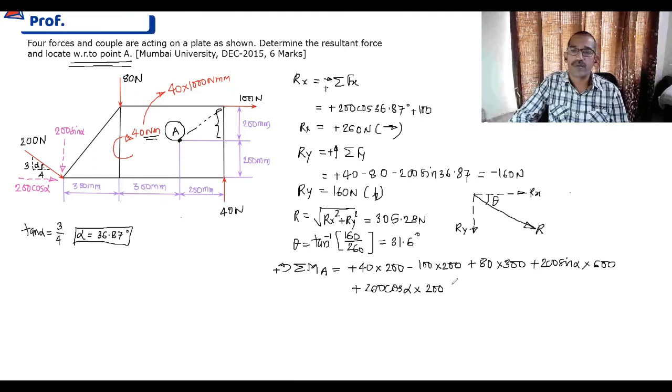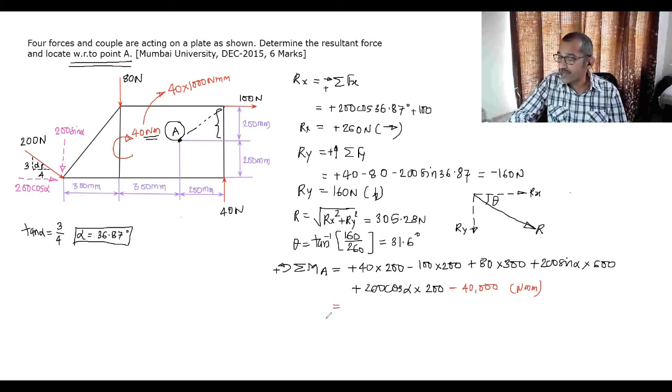The moment is clockwise, so minus 40 into 1000, that is 40,000. All are in Newton mm. The sum of moments about point A comes out to be 76000 Newton mm. If you want to convert to Newton meter, divide by 1000, so you get 76 Newton meter. The answer is positive, that means this moment is